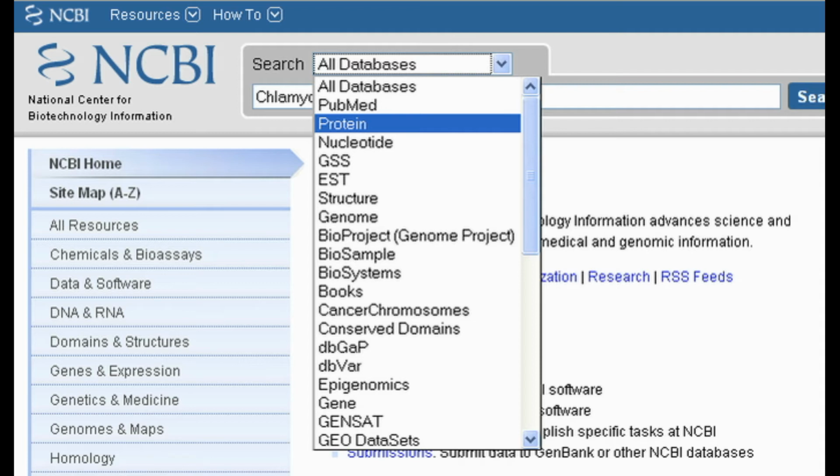Gene contains the data from almost 8 billion genes from over 8,400 organisms.